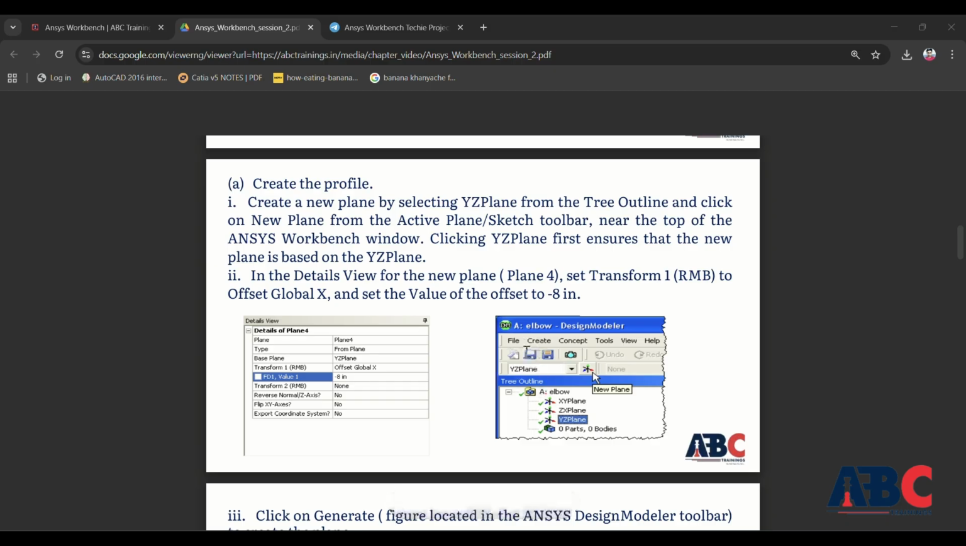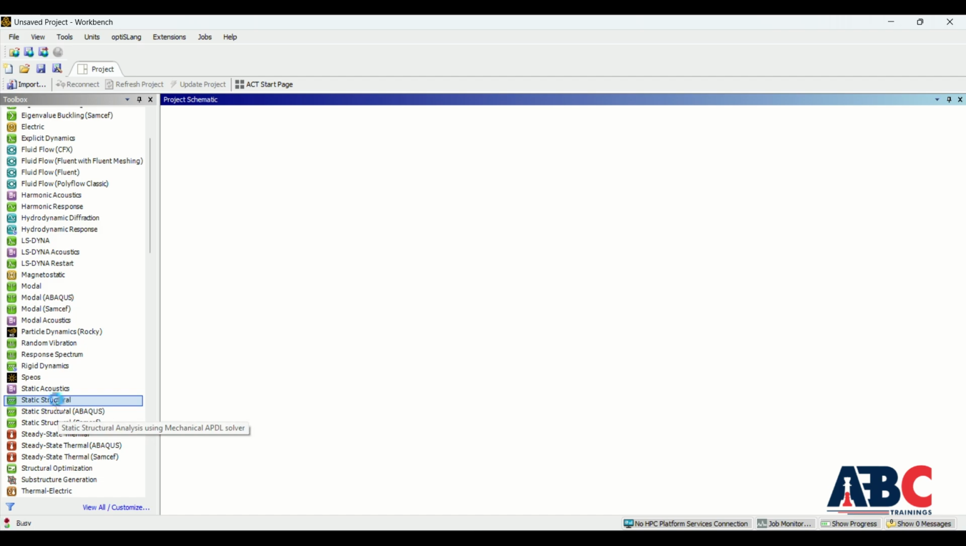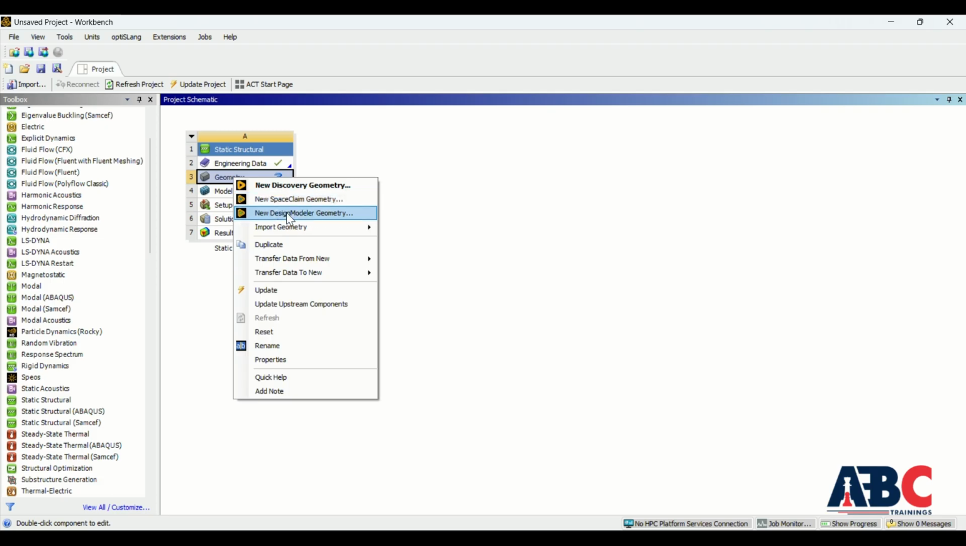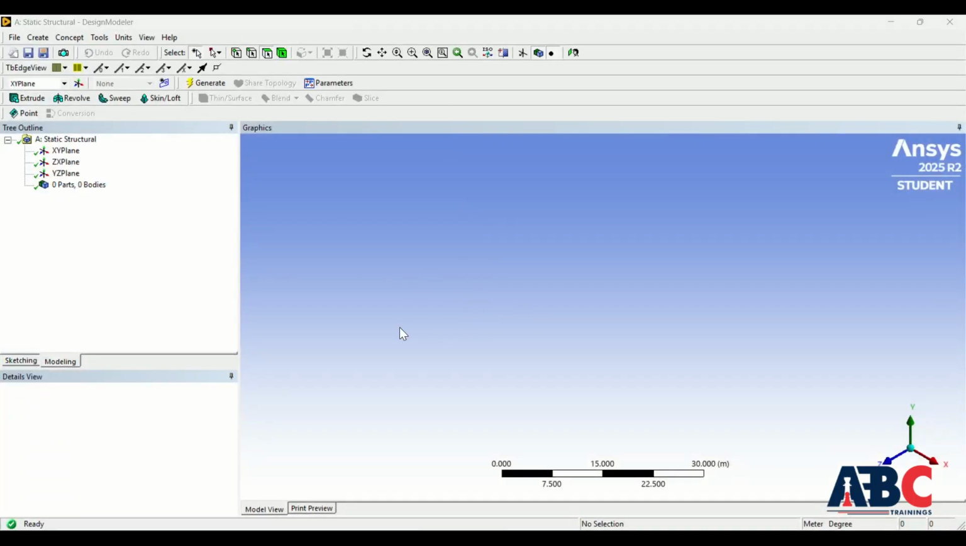We will see in ANSYS. You can see this is the main page of ANSYS, and select static structural and drag and drop. Engineering data is completed, and we need to select the geometry, right-click, and new Design Modeler geometry. This is the geometry page. You can see the static structural geometry page,